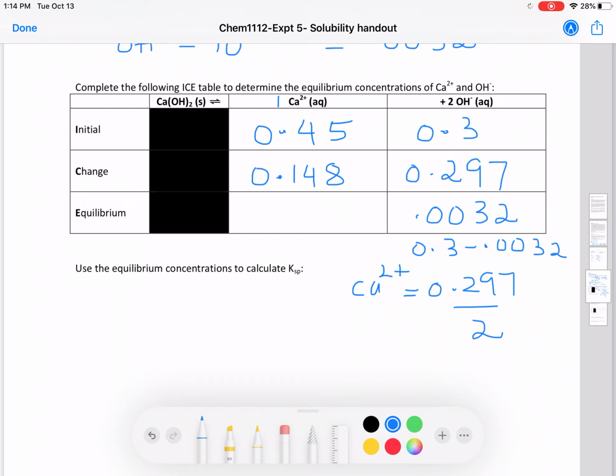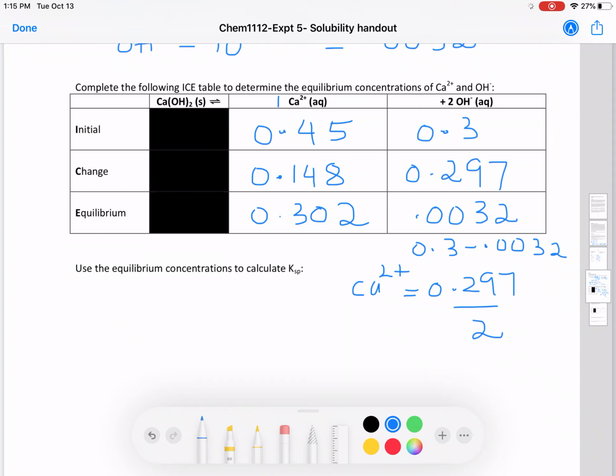So then the equilibrium concentration would be 0.45 minus 0.148, which is 0.302. Okay, now we know the equilibrium concentration of calcium ions, also equilibrium concentration of hydroxide ions, and with that